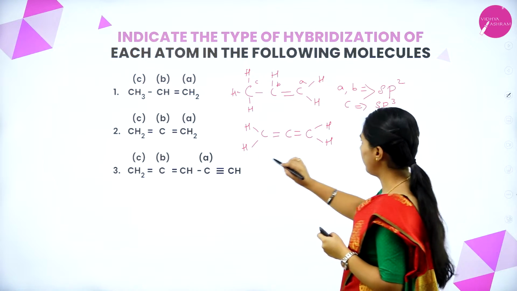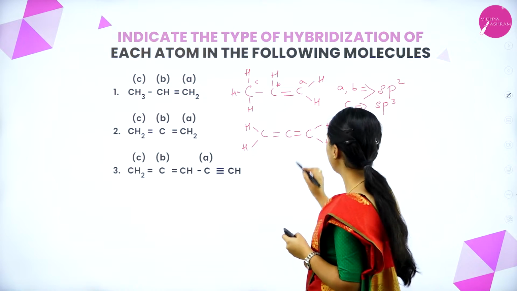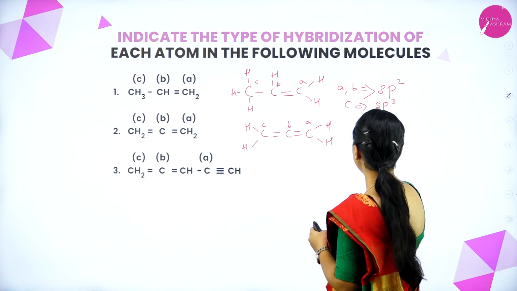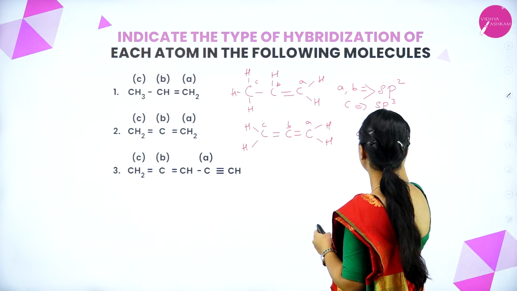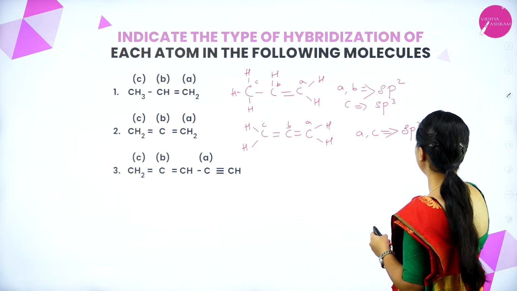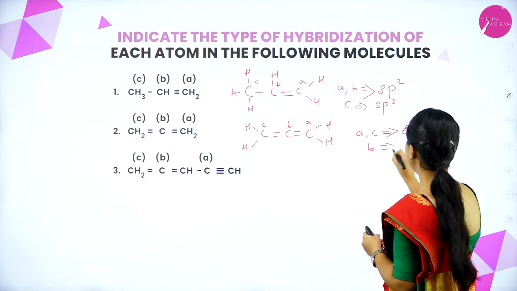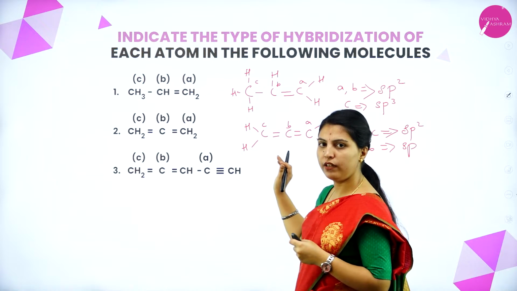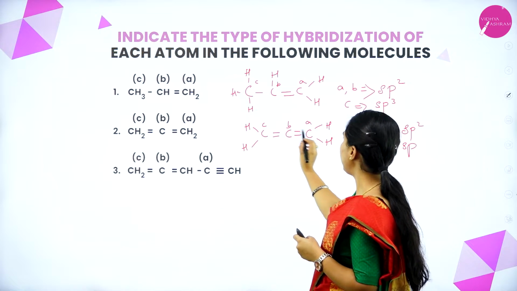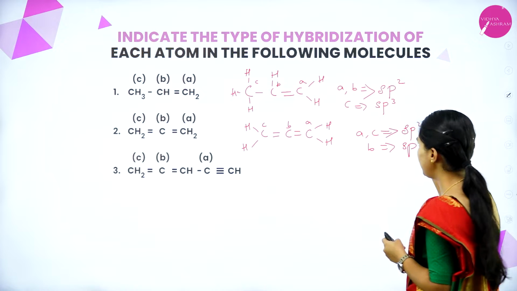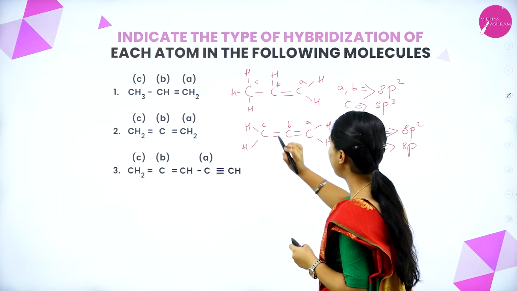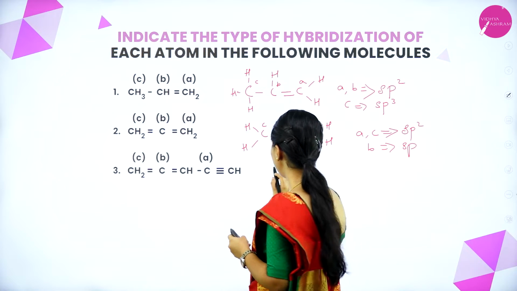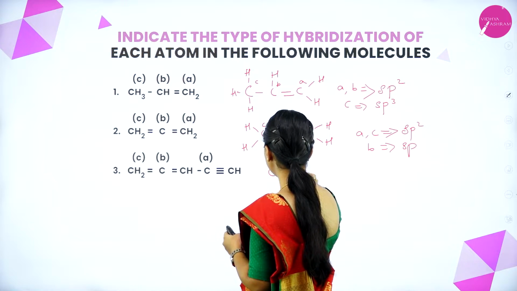All the sides you have in expanded form. This is A, B and C. This A and C will form sp2, and only B will form sp, because it has a triple bond. That's why A and C will form sp2. See here, the double bonds on either side of B make it sp. And if you want to discuss the third example,